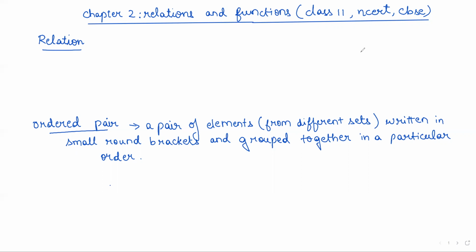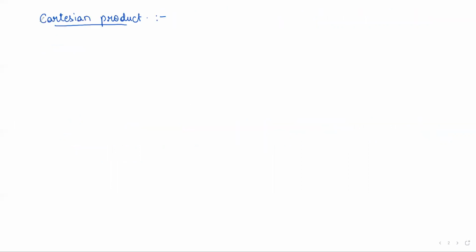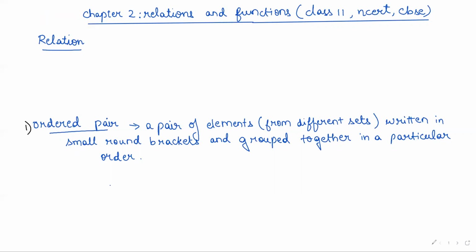To understand relations, you further need two more basic concepts. One, what do you mean by ordered pair? And second, what do you mean by Cartesian product? Both require the knowledge of sets. Relation in general